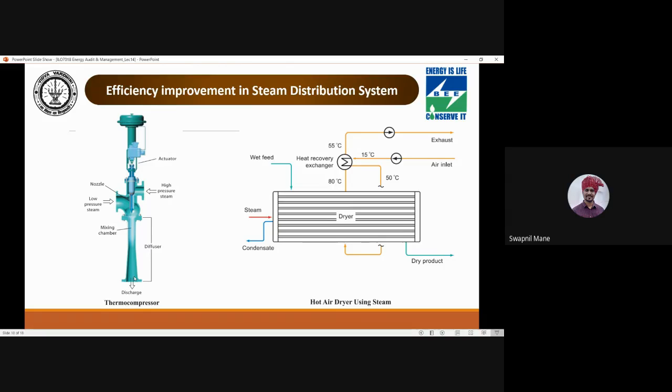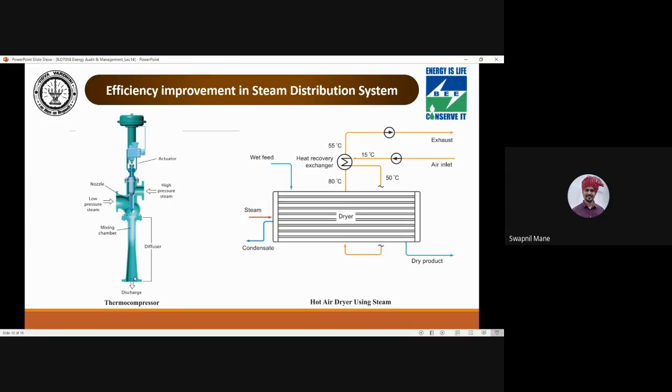An exchange of momentum across the steam takes place, the steams are mixed, and the mixed steam is accelerated to high velocity with a uniform profile in the mixing chamber of the thermocompressor. As the mixed flow enters the diffuser section, the diffuser flow area gradually increases to allow the velocity of the mixed flow to be